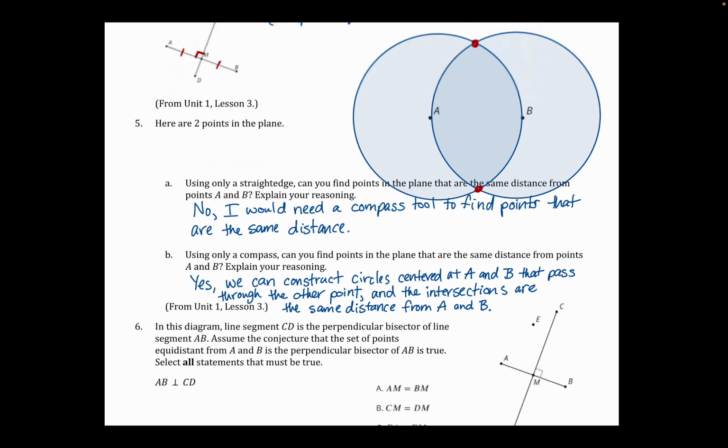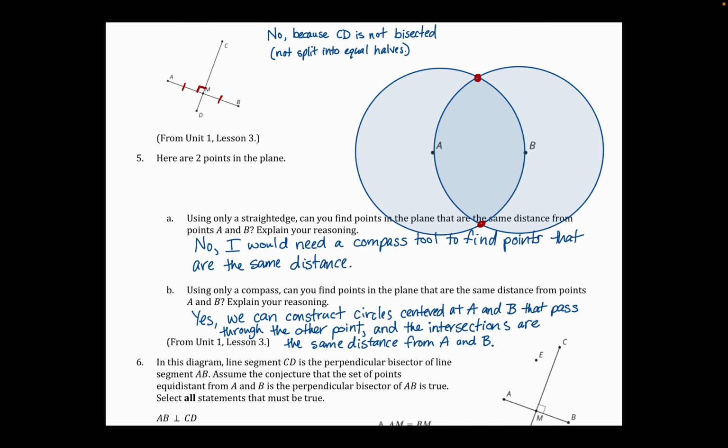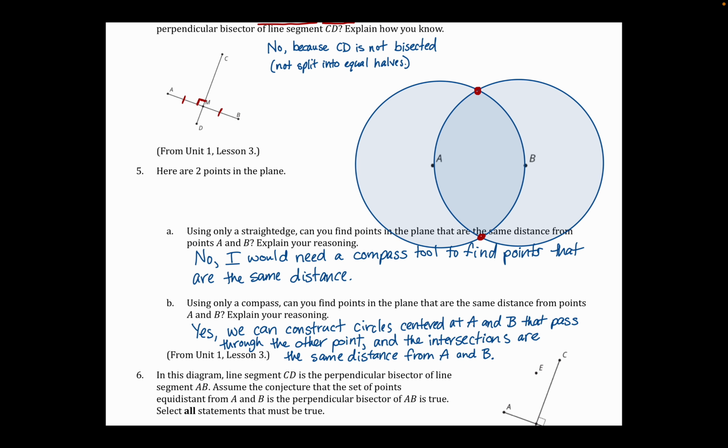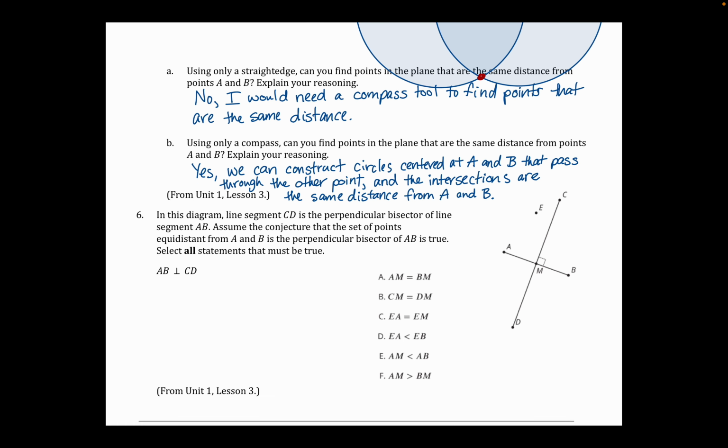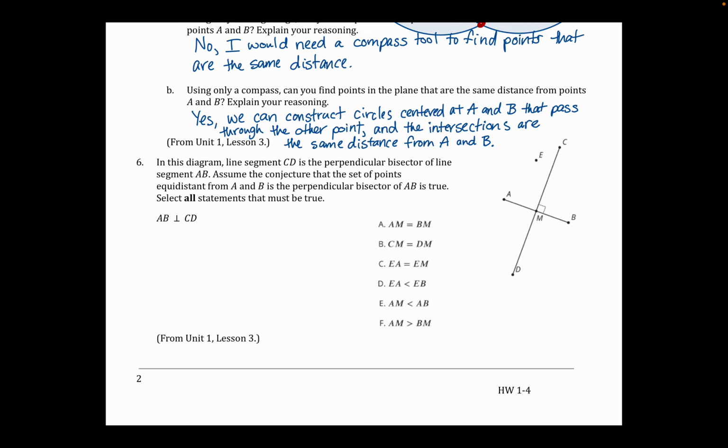Okay, so I needed to actually draw a little bit on there. Unfortunately, my circles do go over A and B just a little bit. Well, of course they go over A and B. What I meant is they go over the question for portion A a little bit, but I hope the visual helps you understand what I mean when I'm describing it in words. All right, now question 6